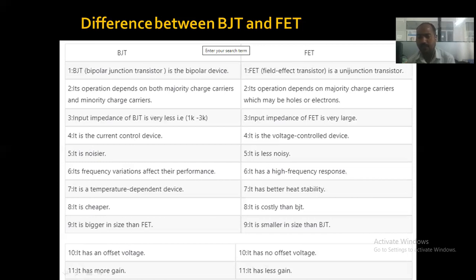And one of the major thing in case of APT, it is a voltage control device, means applied input voltage which control the output current, right? That's why in amplifier application we have to more and more prefer APT. Okay,